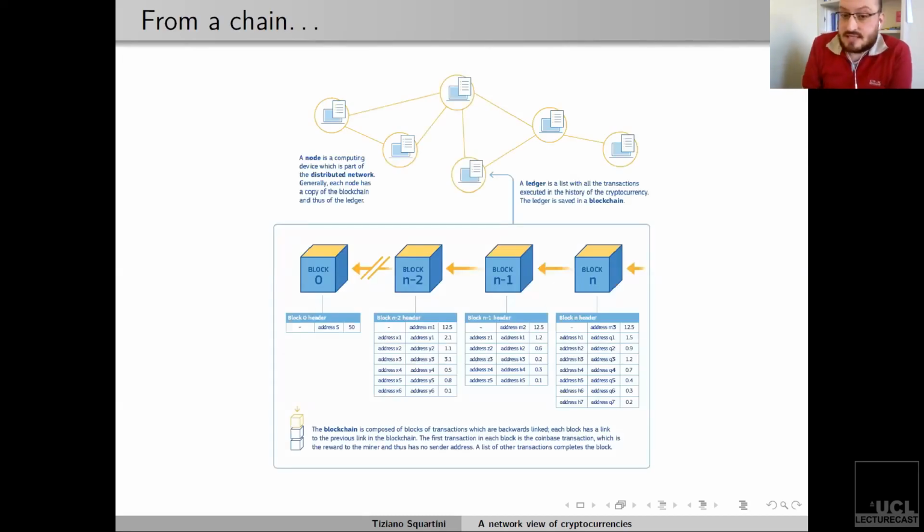Okay, so let's start by providing an overview of the results about Bitcoin, summing up how it works. Basically, it is based on the blockchain. The blockchain is nothing else than a sequence of blocks. Each block is a list of addresses, actually of pairs of addresses, the first one indicating the sender of the money, the second one indicating the receiver of the money. So how can we build the networks out of this